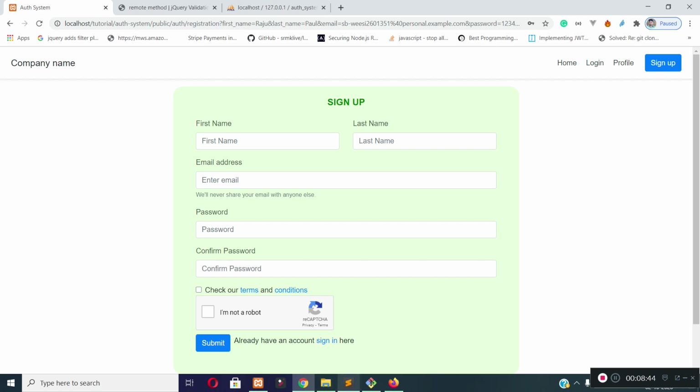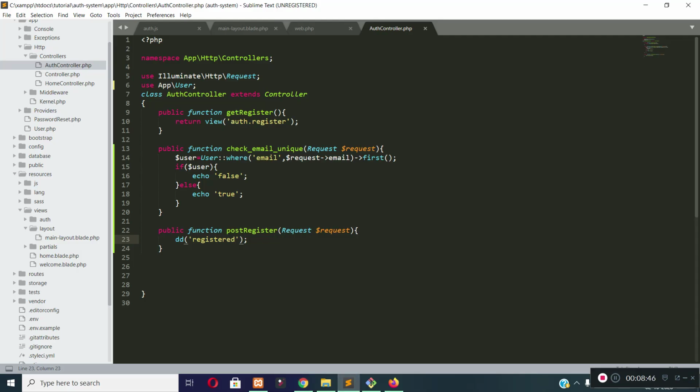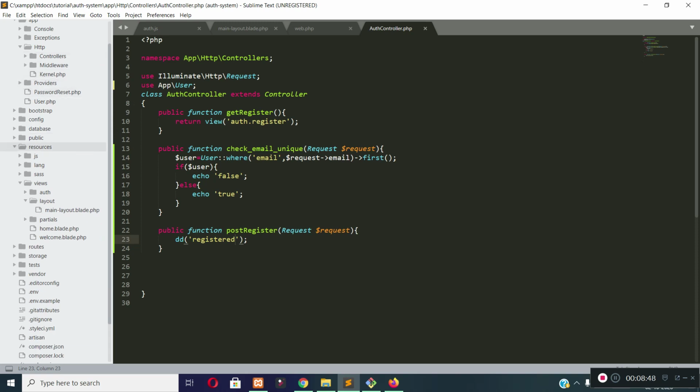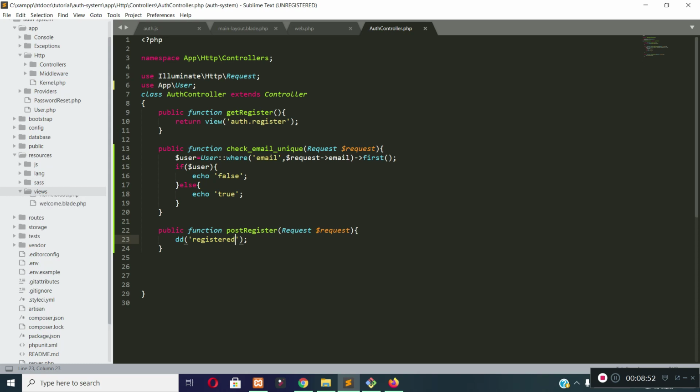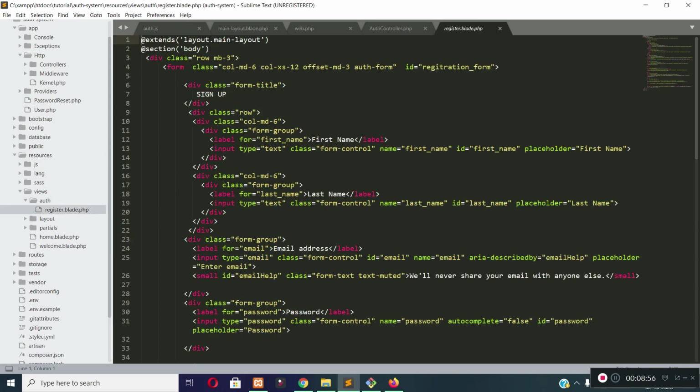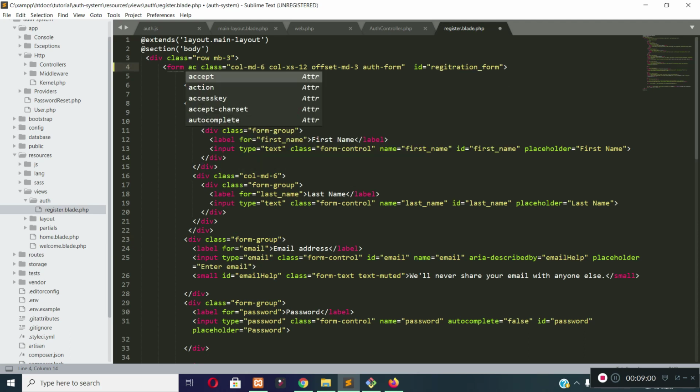Okay, we need to pass the action URL in the registration form. So let's open our register page, which is under the resources views auth folder. Let's open the register.blade.php file and give an action URL to this form.